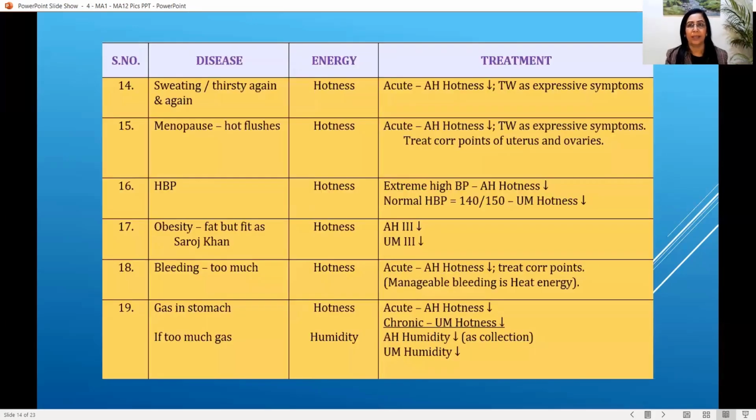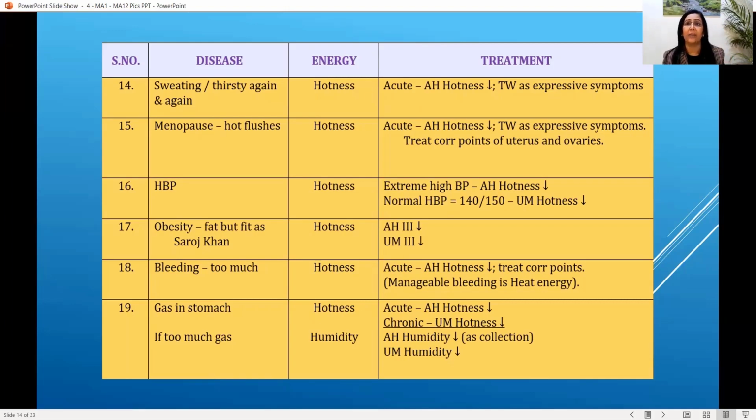Okay, next is hotness energy. Now, hotness energy means a lot of expansion. It is more than heat. Heat is lesser in strength or potency than hotness. If there is a lot of sweating and a person is thirsty again and again, that means there is too much hotness inside him. So for that, if it is acute, say you have a very high fever and you're sweating a lot and you're feeling very thirsty because you're losing water from your body due to dehydration or something like that,